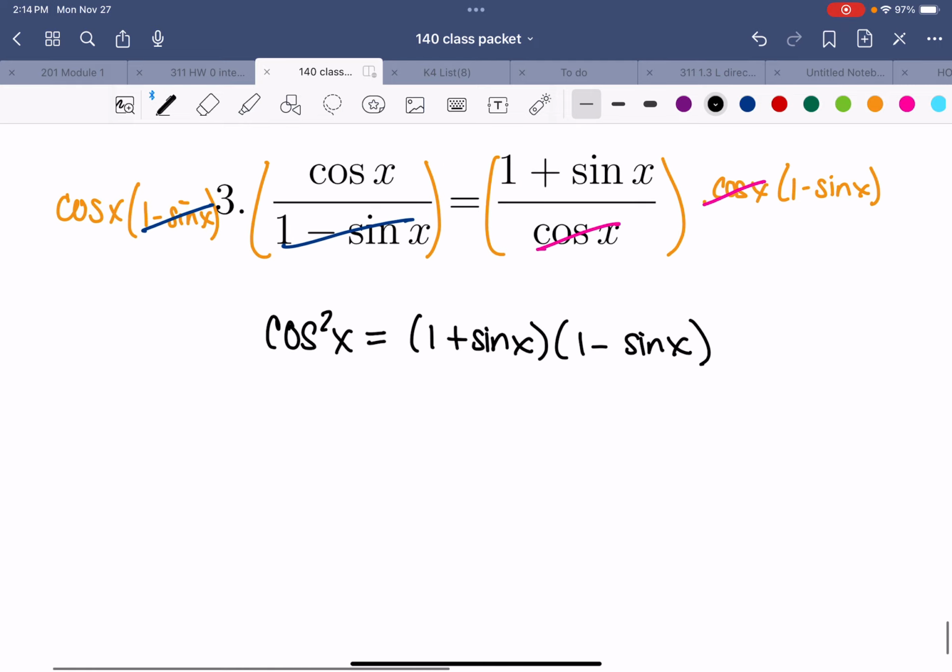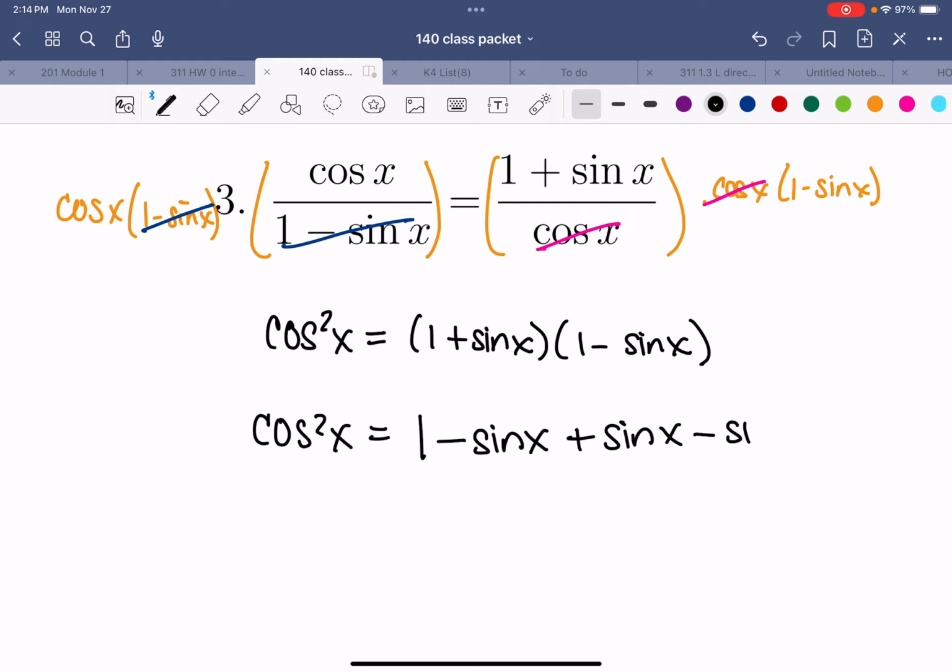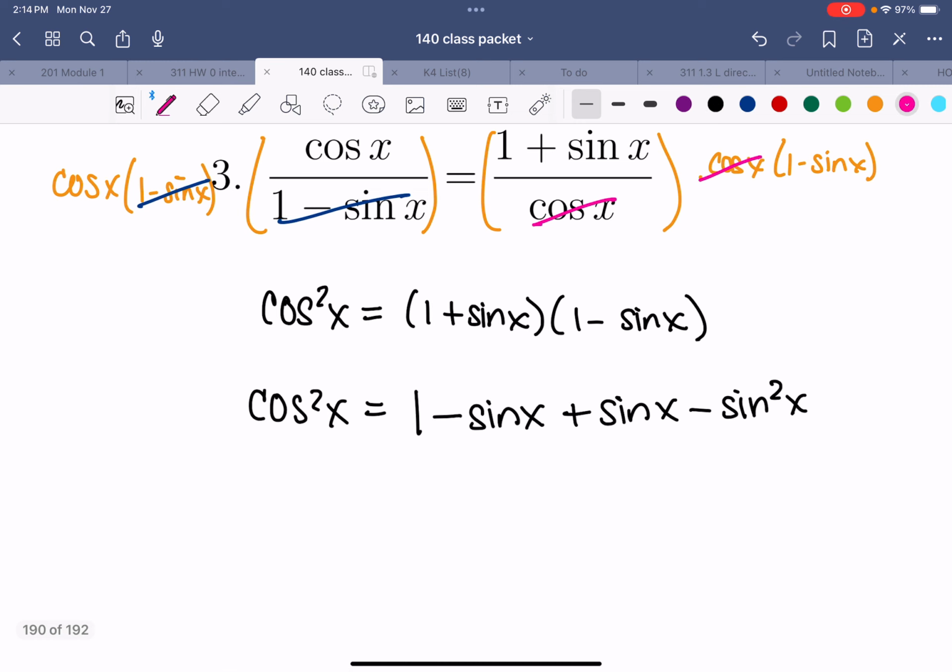Okay, so next we're going to FOIL that out. So we have cosine squared on the left, and then if I multiply this out, 1 times 1 is 1. The outside is negative sine x. The inside is positive sine x. And the last is negative sine squared x. Okay, now notice what happens. These two right here cancel out. And I'm left with cosine squared equals 1 minus sine squared, which is a version of one of the identities we have up above,